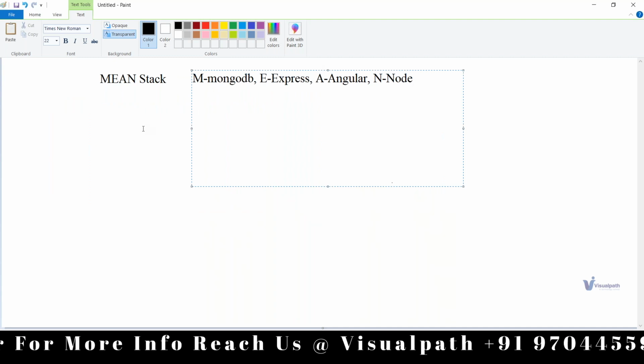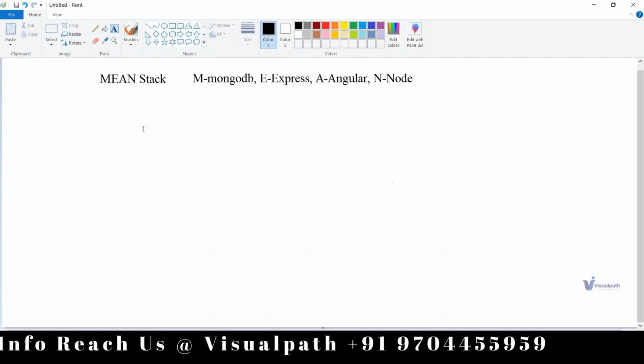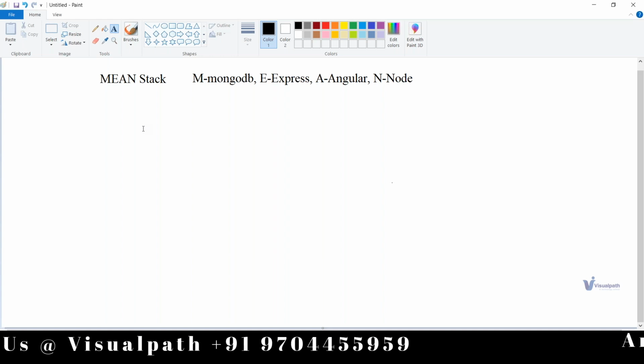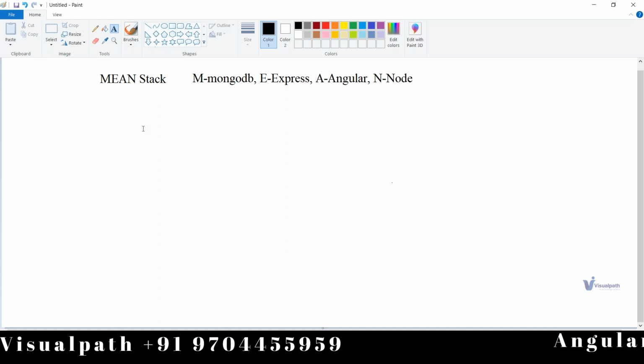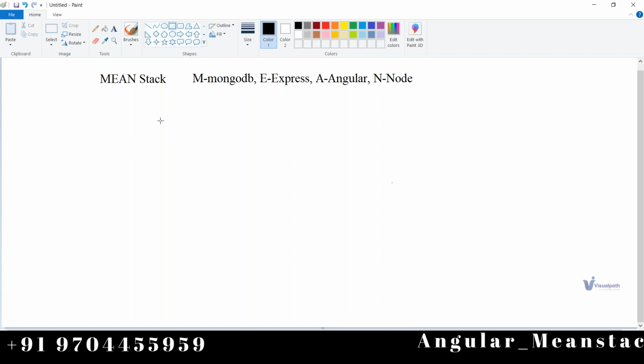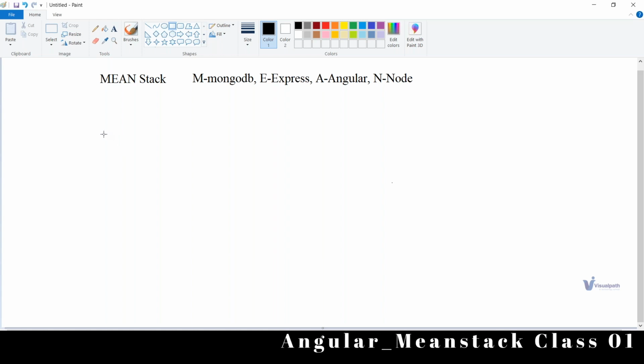first, let us discuss the basic, or a typical, web application working style. Whenever we talk about any web application in this world, it maintains a typical three-tier architecture.